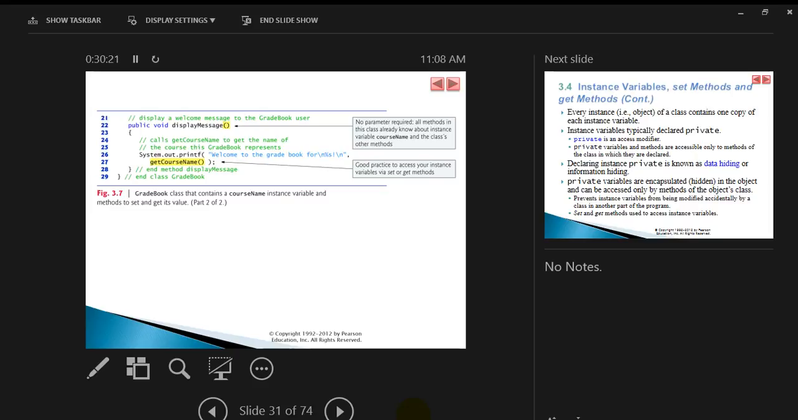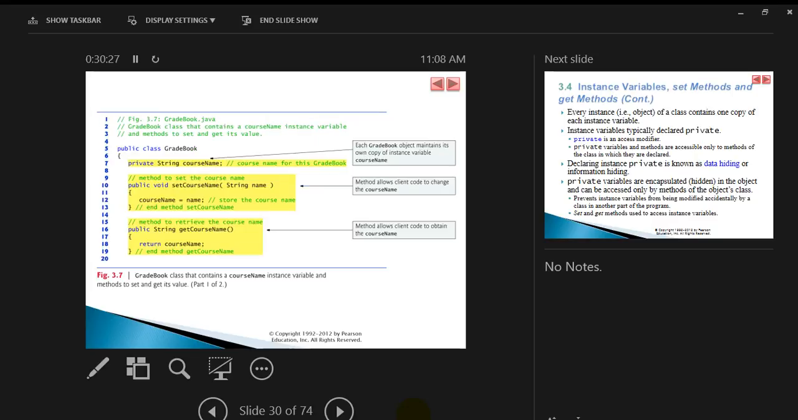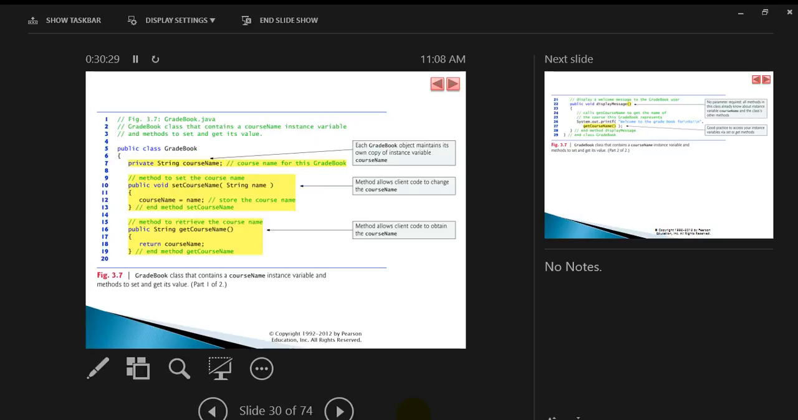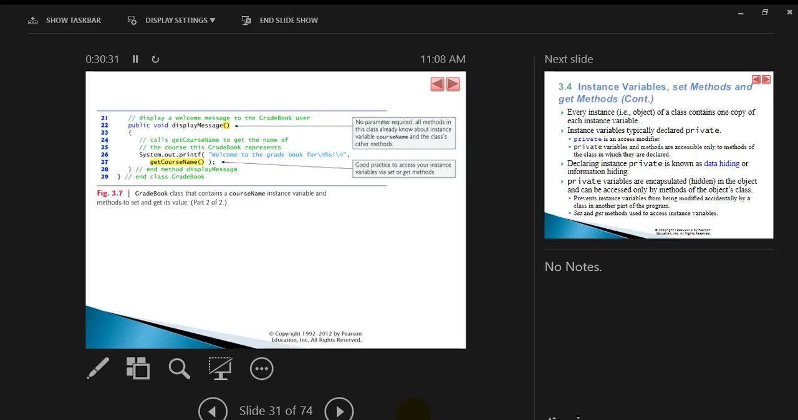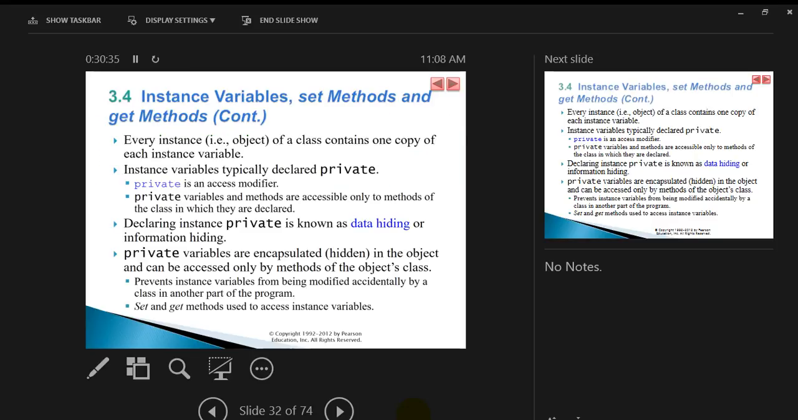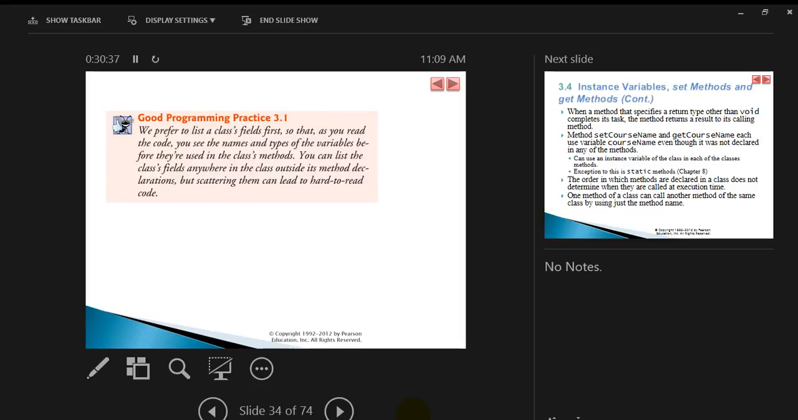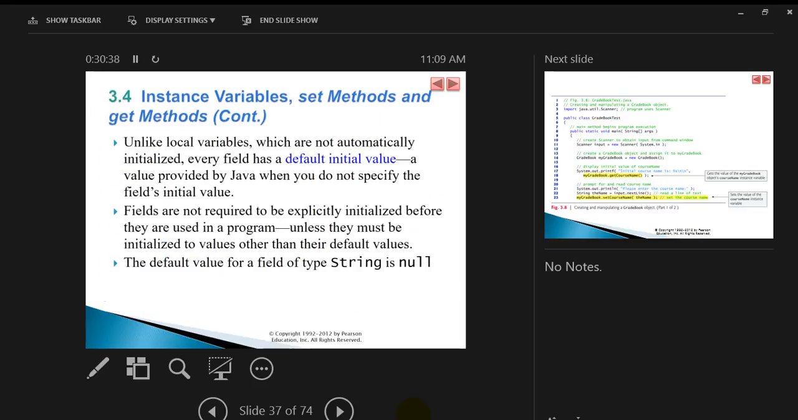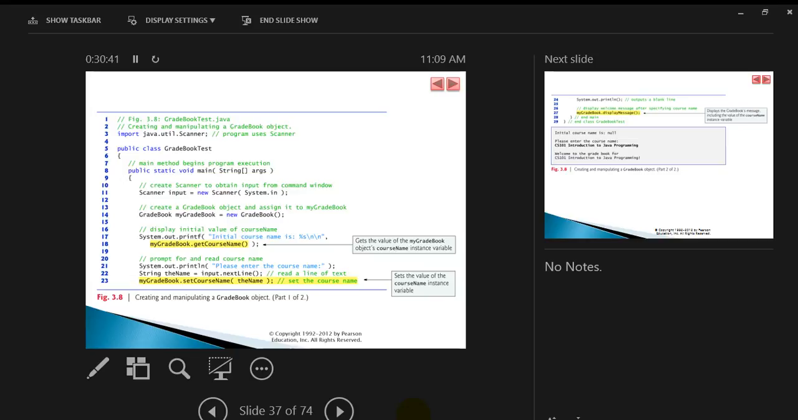And then we've got a display message that's calling get course name. So welcome to gradebook for get course name. So it goes down here, and so it's using course name. It's going to say welcome to the gradebook for whatever you call set on. So over here, where we call set course name,